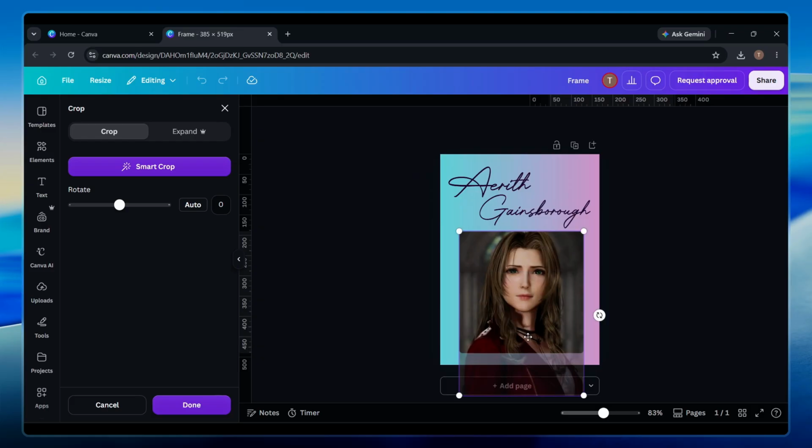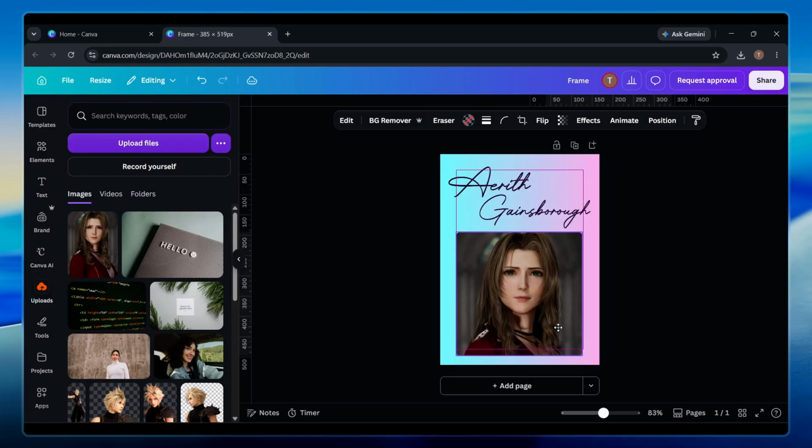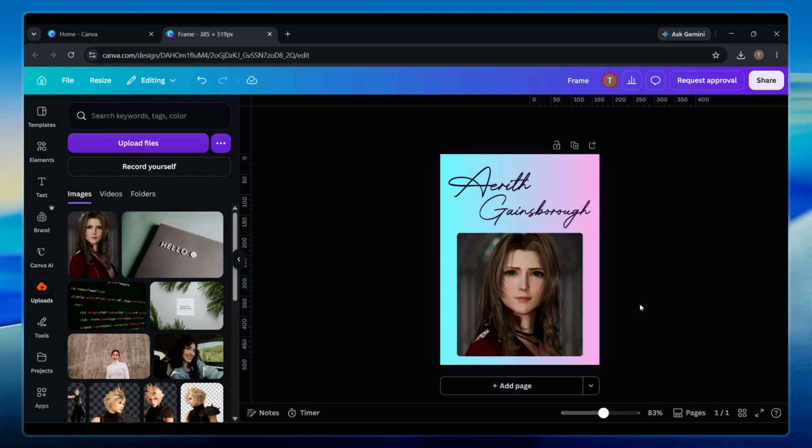Once you're satisfied with how everything looks, just click outside the frame to finish. Your photo is now perfectly framed and ready to be part of your design. And that's it! You've successfully added a photo to a frame in Canva, giving your design a polished and